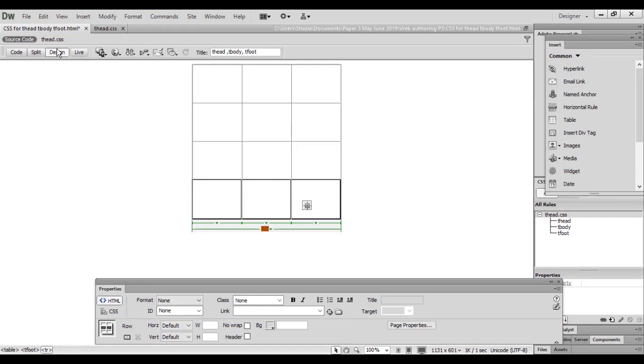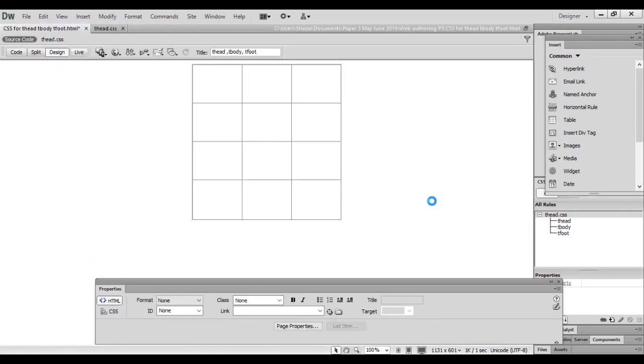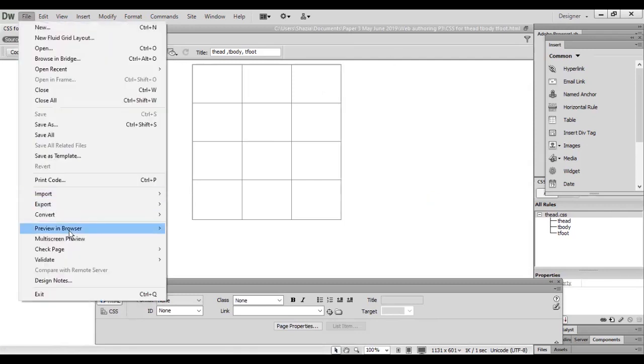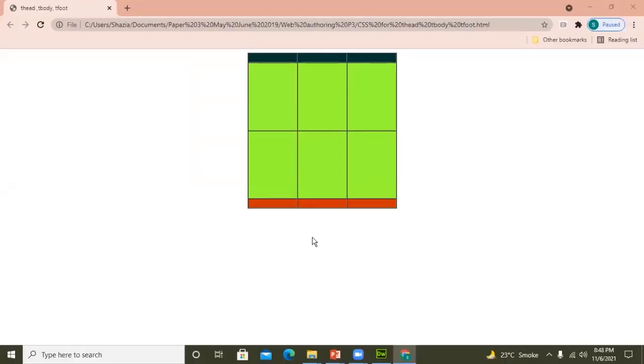But as I view it in the browser, save this file, I just save it, and I'm going to view it in the browser. Look, this is my browser view.